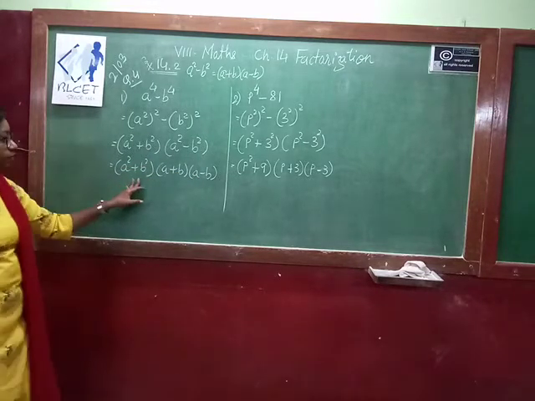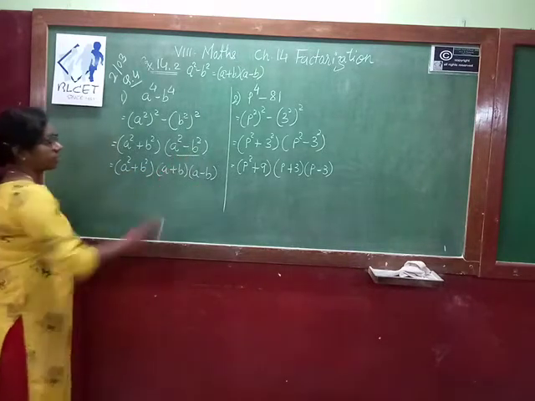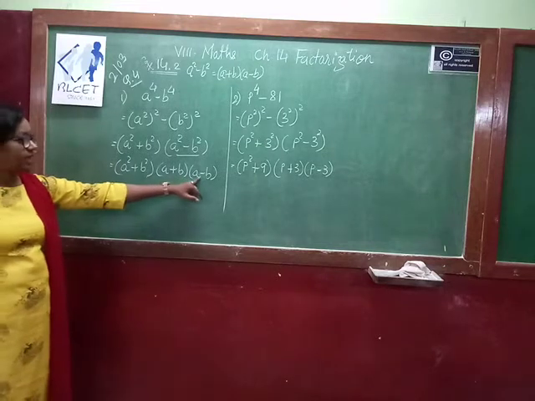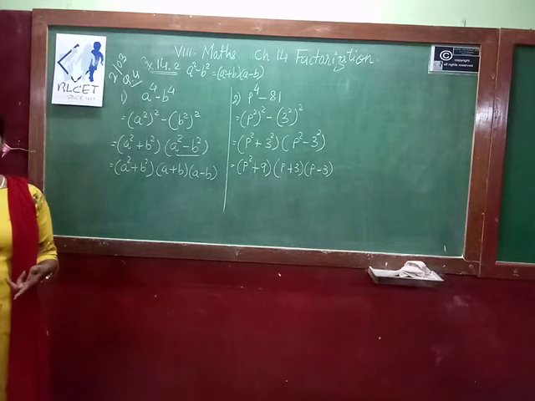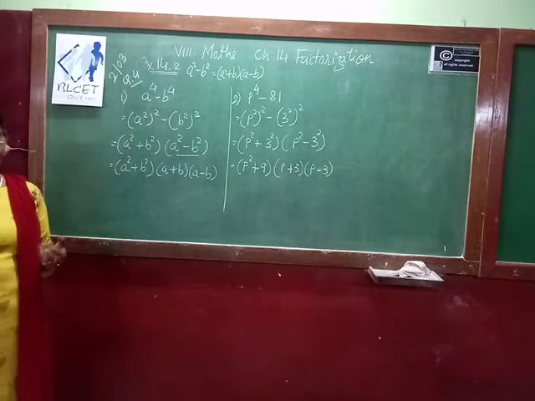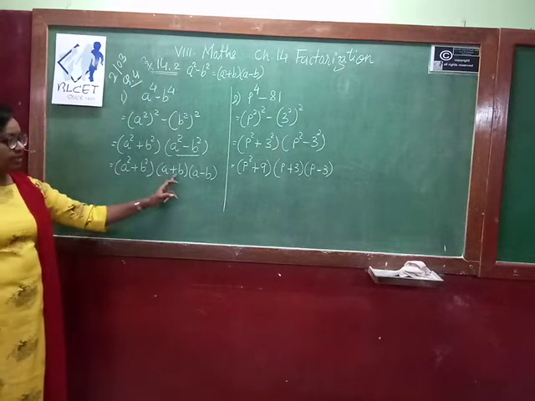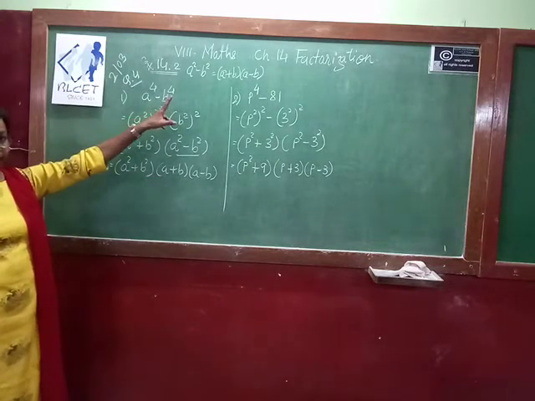So now what we have to do? A square minus b square. Again we can do the factorization for this term. That is one time positive, one time negative. So a plus b, a minus b. So here in the first question we are using the same formula, a square minus b square, 2 times. So the answer is a square plus b square, a plus b, a minus b. These are the factors of a power 4 minus b power 4.